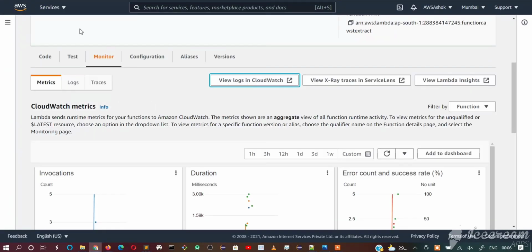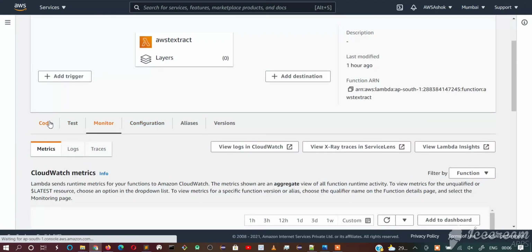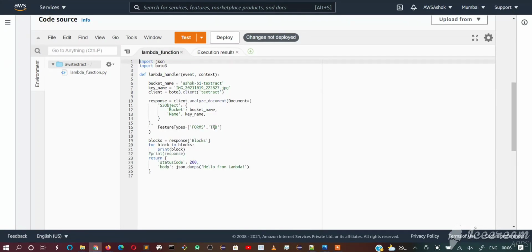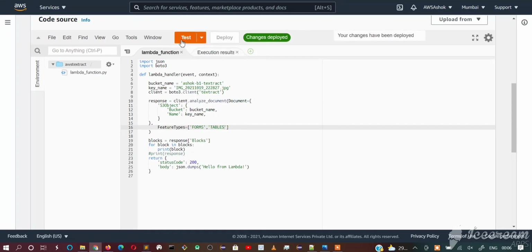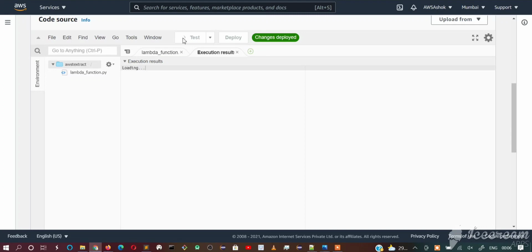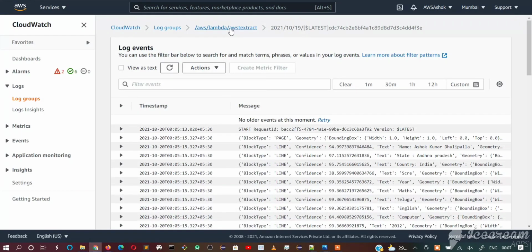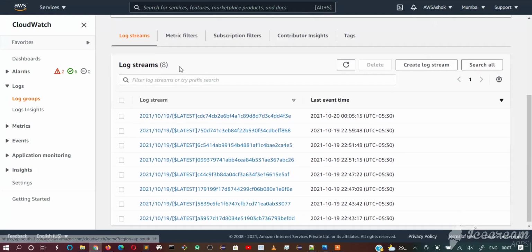So let's go to the code and change the name we provided here. We mentioned it wrongly; we need to mention tables so that the table blocks will also be extracted. Just deploy and test again, and again go to CloudWatch.